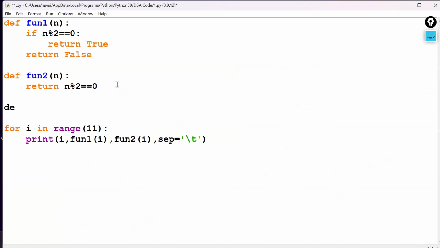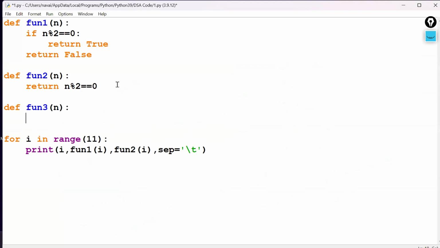Okay, so I'll create def and we will write function 3 now, and it will receive one input. And what we will do, we will return. Okay, so before returning, we have to do one calculation. What calculation we have to do? We have to check whatever number is coming. We will perform AND operation with 1 on this number, and after this AND operation, if it is